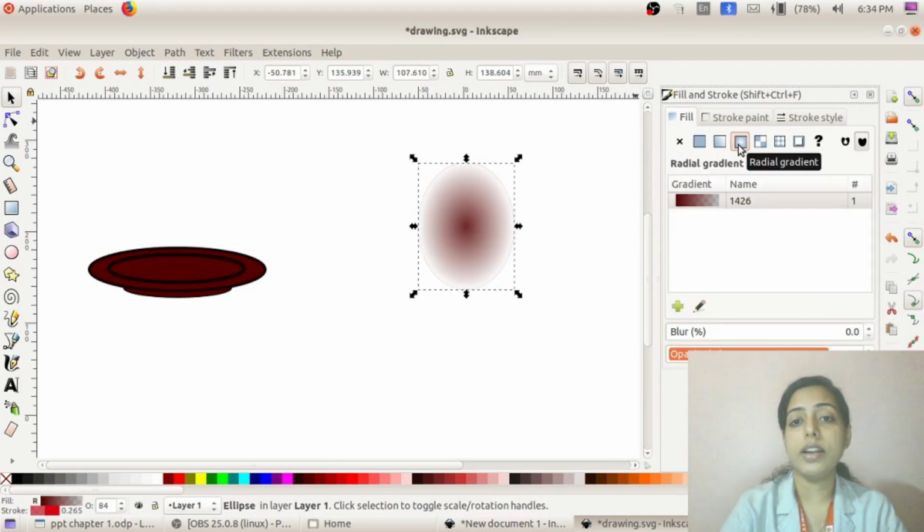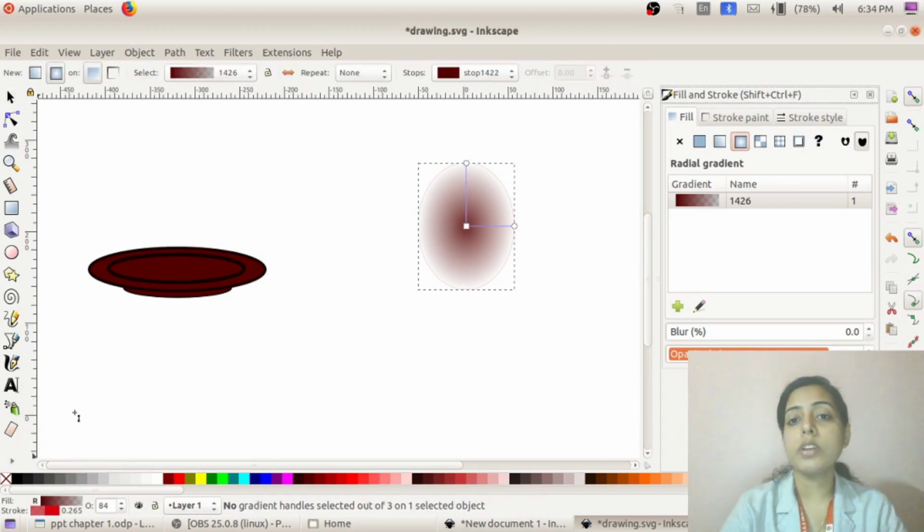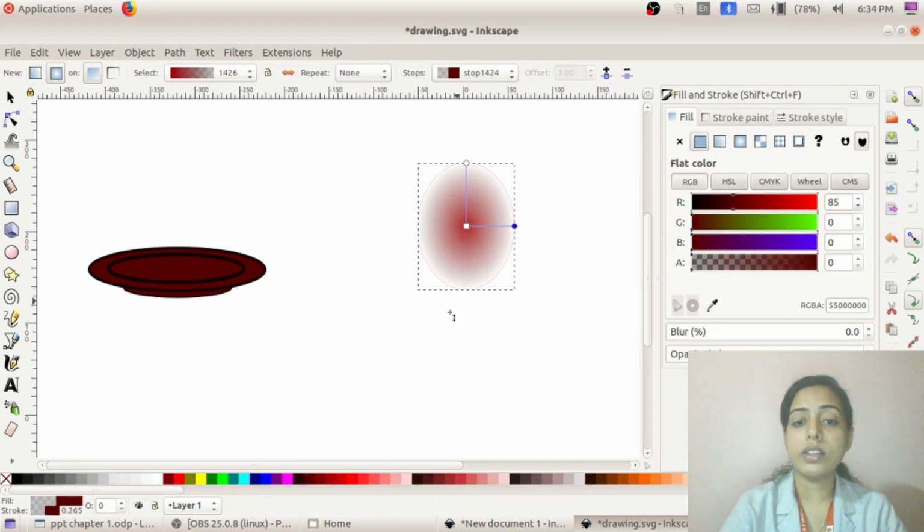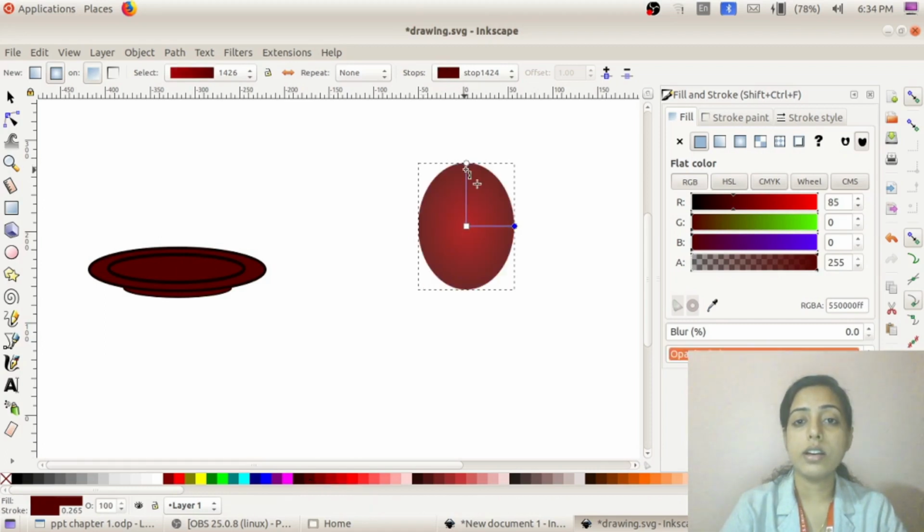From the Fill option, select the Radial Gradient tool. Click on the Radial Gradient tool and then go to the Toolbox. Here you can see one arrow mark at the bottom. Select this arrow mark and then click on the Gradient option so that you can see three nodes. By clicking on each node, we can adjust the color. Select a color and click on another node and select another color, and then click on the third node to give another mix of shade. Then by clicking and dragging we can adjust the color shade to lighter and darker.